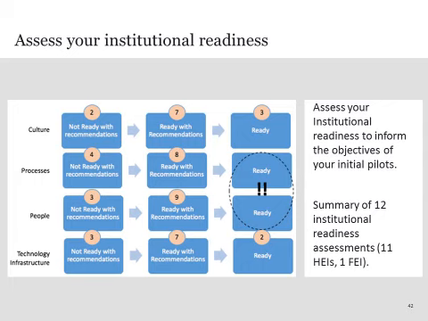So this is 12 of the institutions, one of which was a large FE. The 11 HEs covered research intensive to teacher intensive, and large, 30,000 students, to small, 5,000 students. There are many stories within the data, and I'll try not to get too enthused by it, but something I think is really interesting is looking at where we would put them,